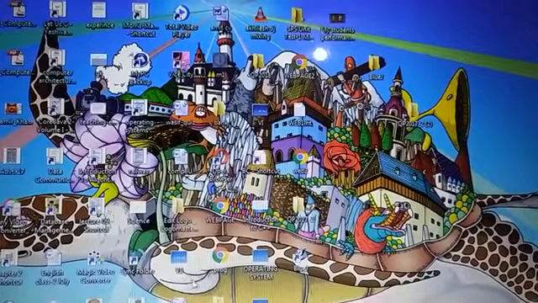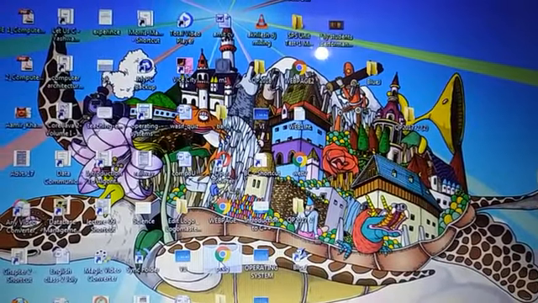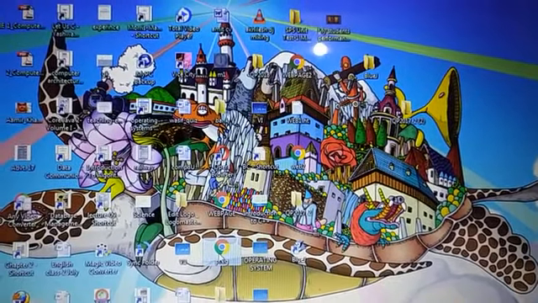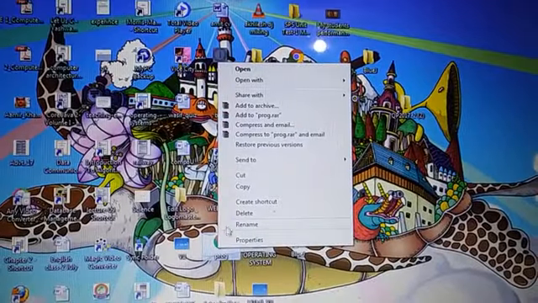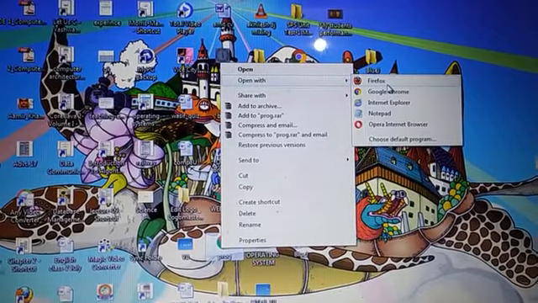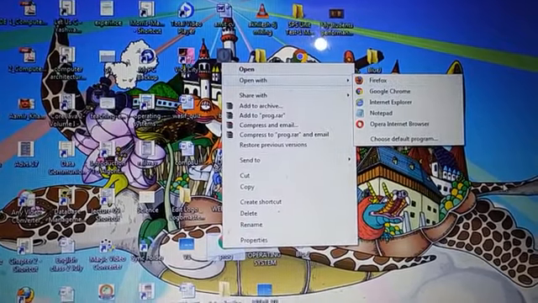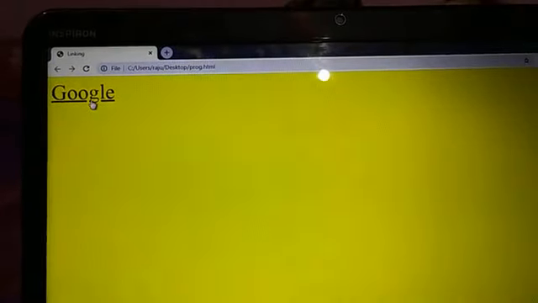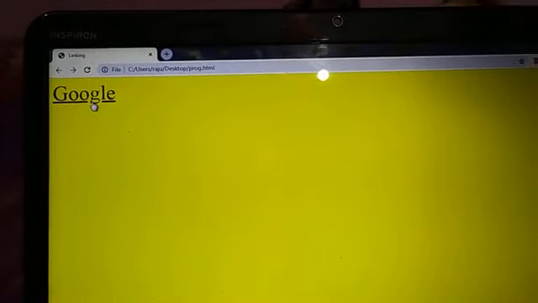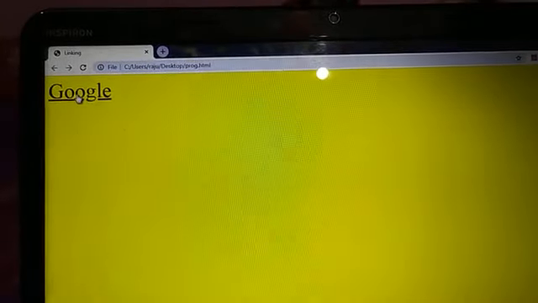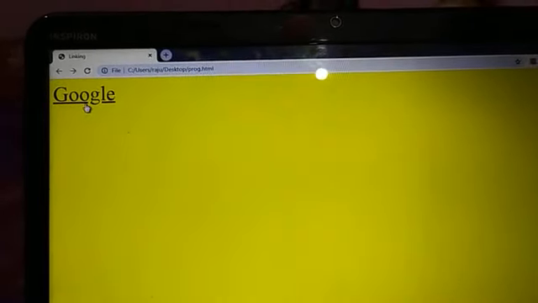So this is the code, the web page, whatever HTML I have written. If you give the extension .html, then it will be shown using the browser. If you want to change the browser, then right click there and choose open with, and you can change the browser: Firefox, Google Chrome, Internet Explorer, anything. Now I will open it, double click there. So look here, this is the web page, it is opening. Look here, it is coming here, Google. Now this is the link. Remember that when you move over the link, the mouse will change to a hand. Look here, this is the mouse, and when you move over it, it changes to a hand.